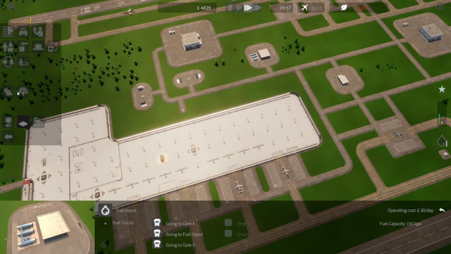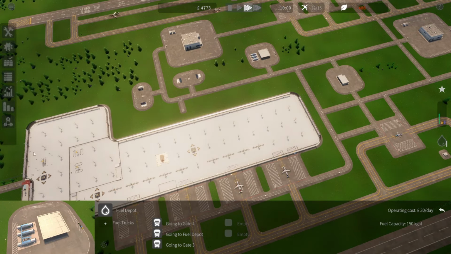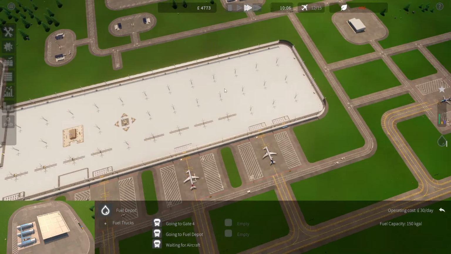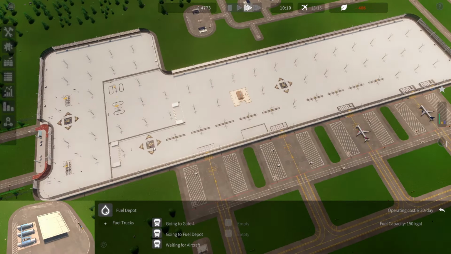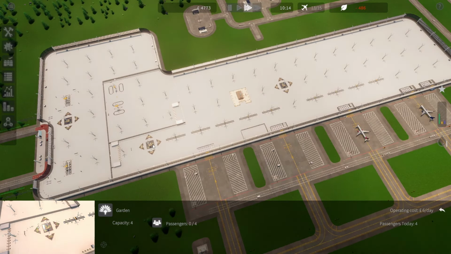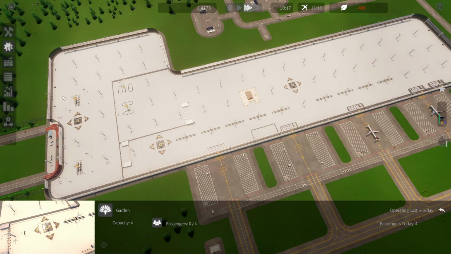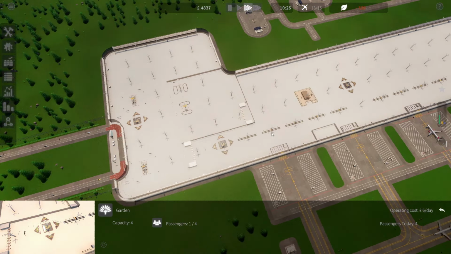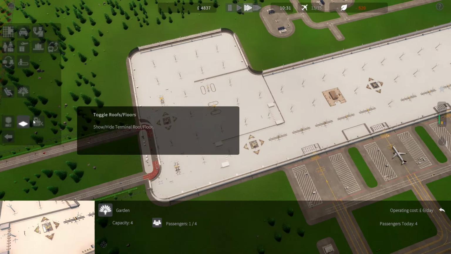Still no sign of catering. I imagine it would be a knife and fork, wouldn't it? Okay, what if we put another business lounge down here and perhaps another garden? Actually, let's demolish that garden there. That's far too near nothing, really, isn't it? Yeah, I mean, there's a gate there, but nobody wants that. We move the garden up there, perhaps. That's what we'll do. Demolish